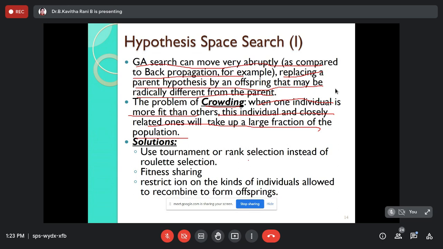roulette wheel selection, tournament selection, rank selection. These are different types of selections used to overcome the crowd. Okay, so ర్యాంక్ సెలెక్షన్ అంటే ఏంటి అని అంటే, ఎగ్జాంపుల్ ఒక స్కూల్లో